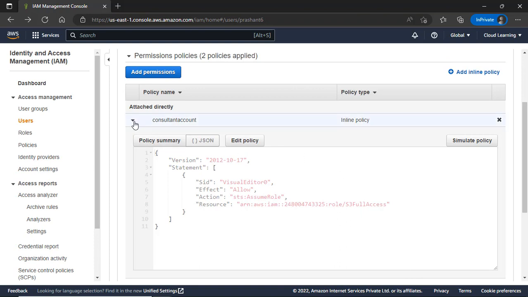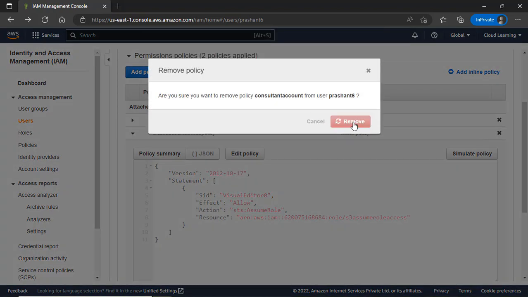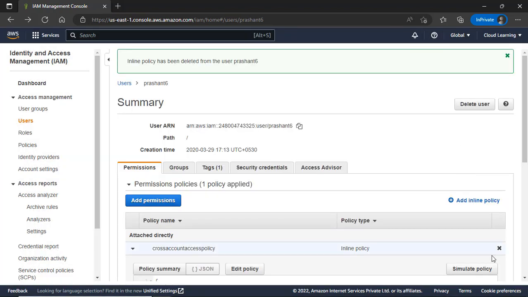Both these are the same things, and I can remove it so that you can learn from scratch, right? So you just need to go and click on